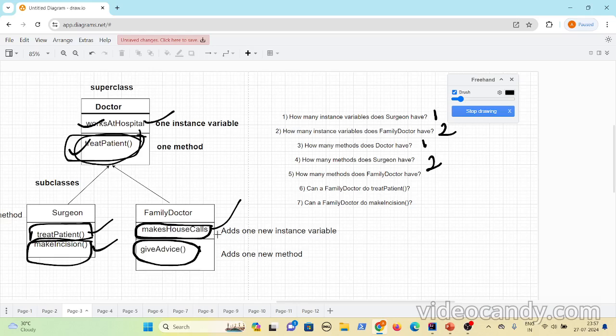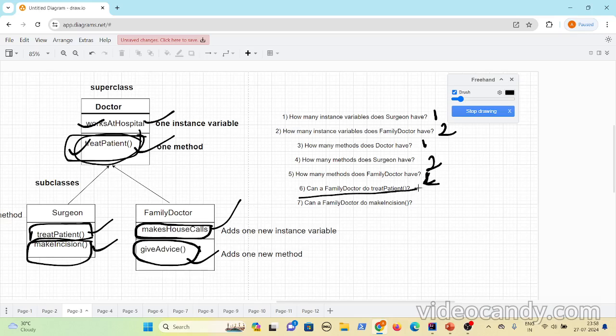But if you look at the family doctor class, he has give advice. People might think that he has only one behavior or one method. But since the family doctor is extending the doctor class, he can use the treat patient method as well. So overall two methods are present in the family doctor.